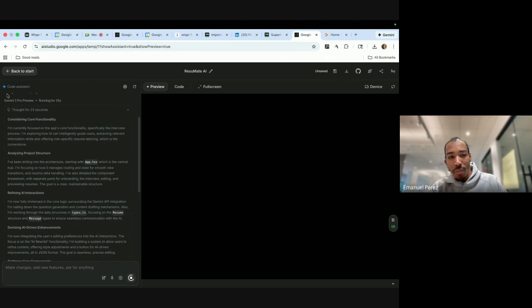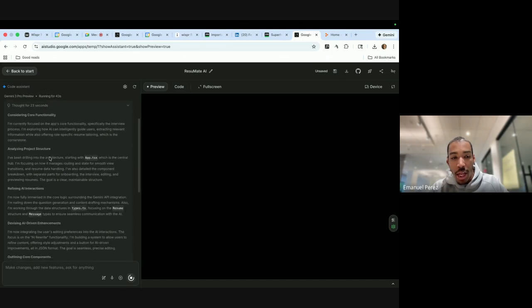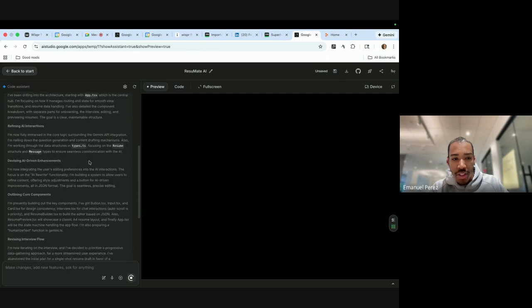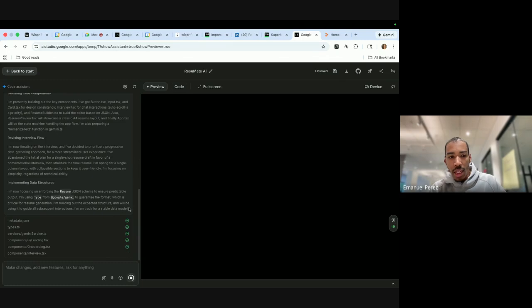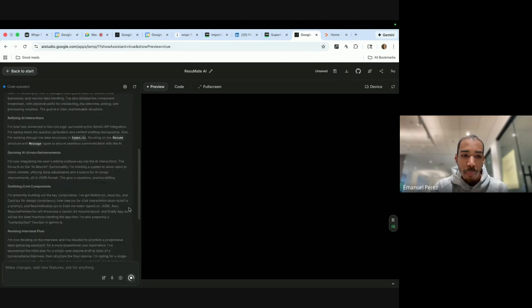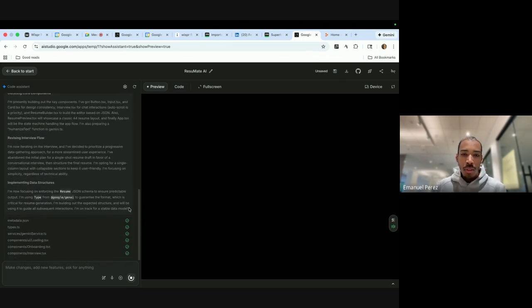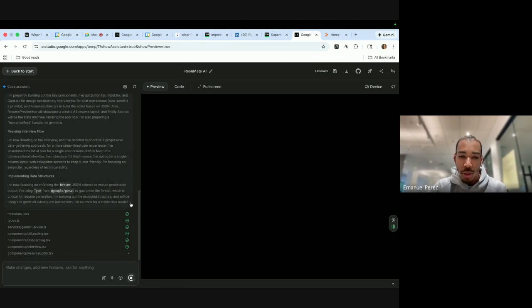But it's taking my prompt and it's talking to AI Studio like a software engineer. And it's writing my app primarily in a language known as TypeScript. And it's going through all the requirements it needs to build this MVP. And it gets this done. It can get a simple prompt app done in less than 2 minutes. And it just keeps getting better and better with it as well.